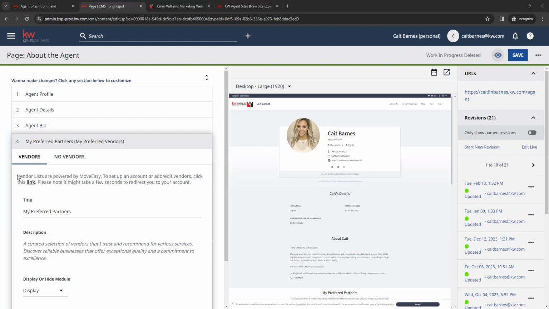And you'll see that in the description here. So there is a link within this description here, right where it says link. And this is where you will click on to add your vendors to your website. So if we click on this link here,